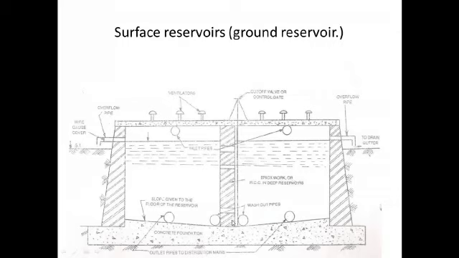And these are the washout pipes which are provided at this lower elevation or at the lower slope. And this is the brickwork or the RCC in deep reservoirs, like this is the brick masonry, and you have the RCC roof here, which is provided with ventilators at the top. And this is the level of the water that will be stored in this, and this is to drain it to the gutter or the overflow pipe. When this gets filled, it is drained through this, and here a wire gauge cover is provided.